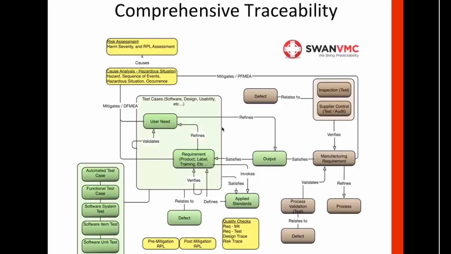Then, of course, the second piece is the manufacturing piece. And so what we have is a manufacturing requirement which looks at the DMR and the prints, the work instructions for fabricating the product, and those manufacturing requirements then are a satisfaction of the outputs. So when we have a print that says you need to sterilize the product, well, the manufacturing department's going to have to decide whether that is the subject